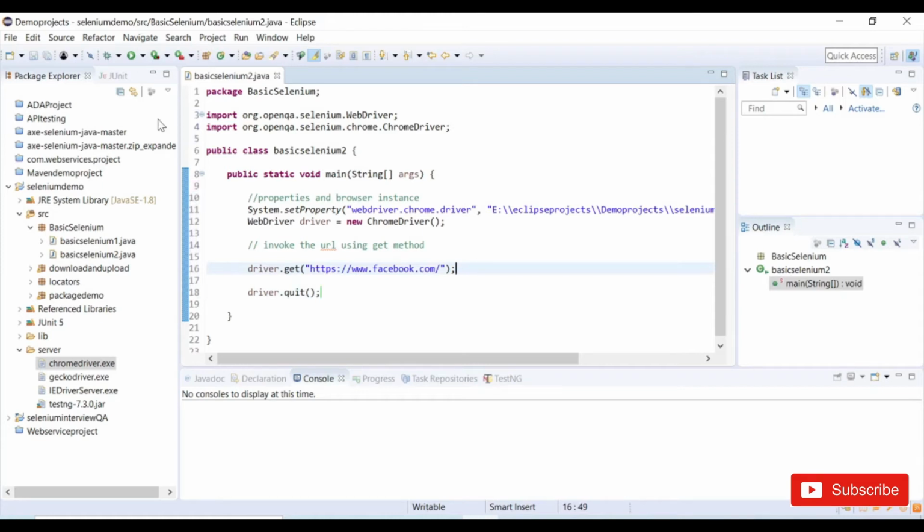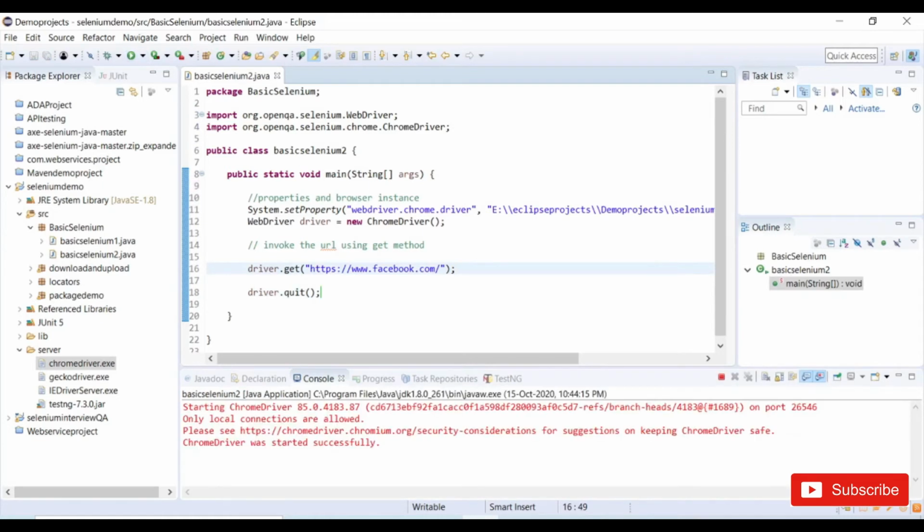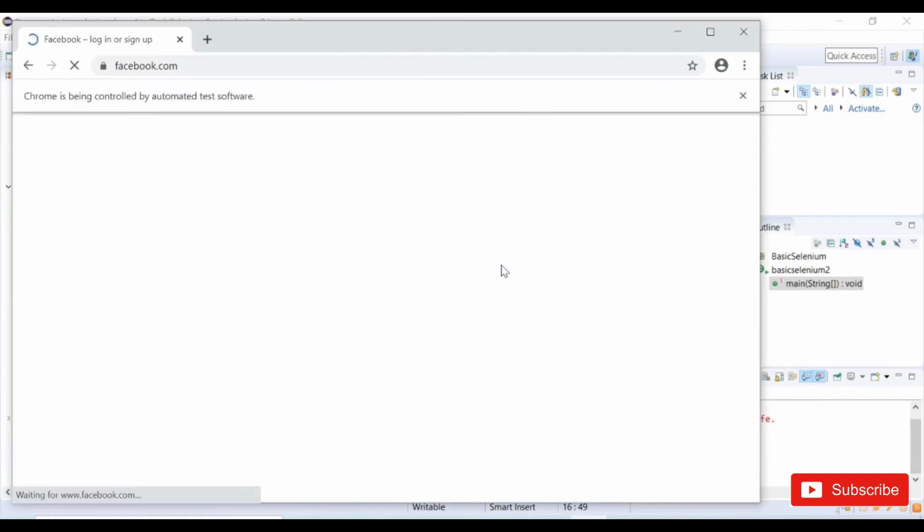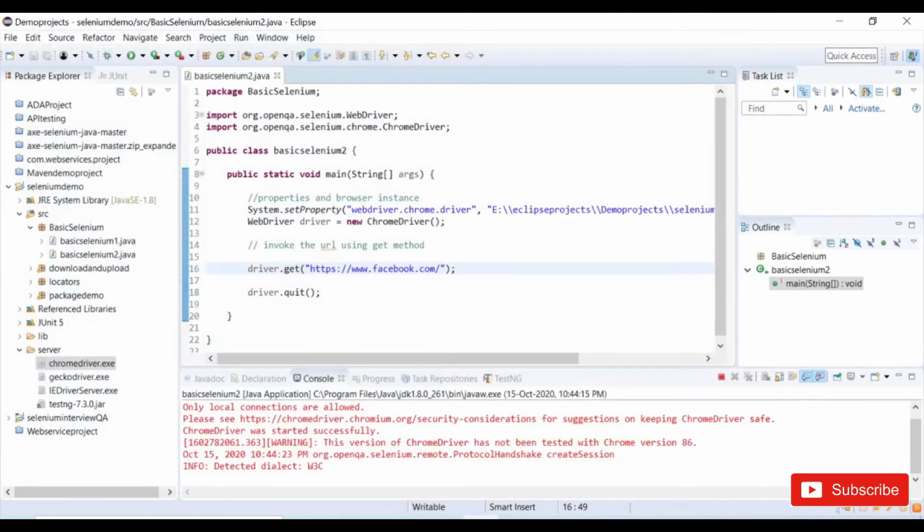So let's quickly try this. It started successfully. It will open a Chrome browser, launch the application URL, and quit the browser. So this is a simple call using the get method.